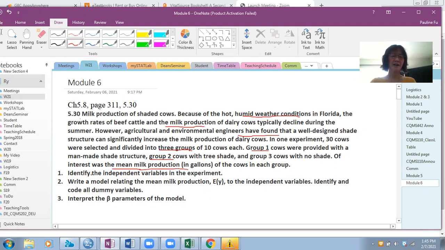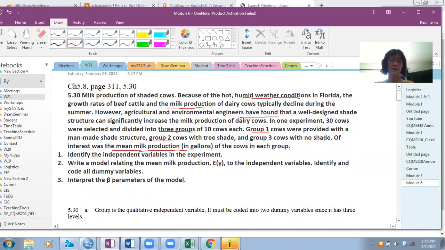Question 1. Identify the independent variables in this experiment. Okay. And question 2. Write a model relating the mean milk production, EY, to the independent variables. Question 3. Interpret the beta parameters of the model. So first question,